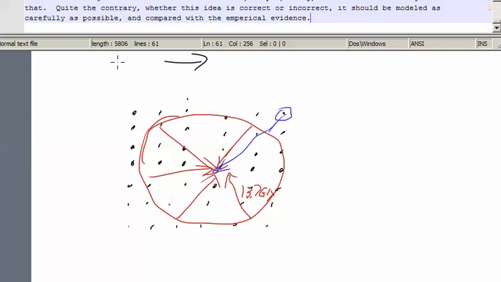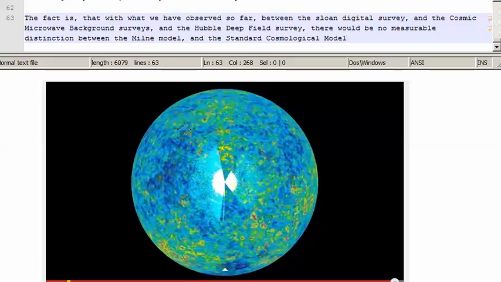Now, I used to argue that this idea was ridiculous, stupid, silly, absurd. But I no longer think that. Quite the contrary, whether this idea is correct or incorrect, it should be modeled as carefully as possible and compared with the empirical evidence. The fact is that with what we've observed so far between the Sloan Digital Survey and the cosmic microwave background radiation,